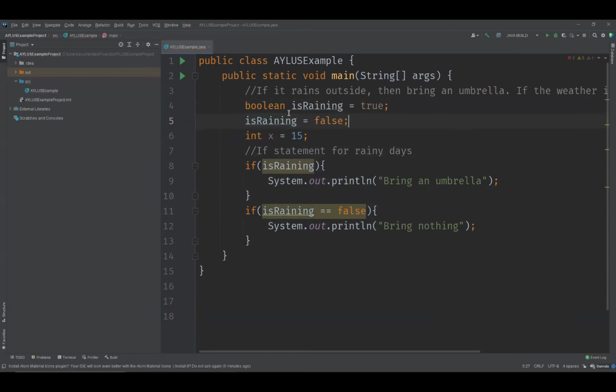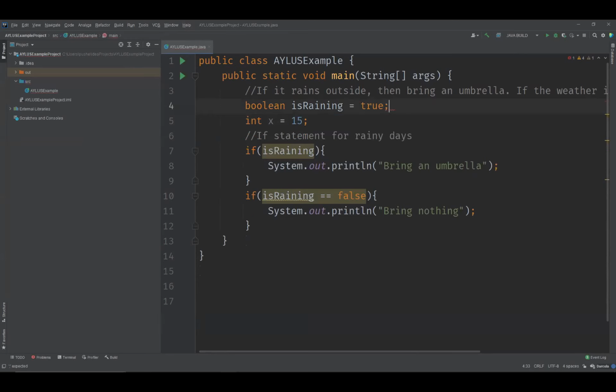That's us setting isRaining to false. But double equals is a comparison. It's saying, is this thing equal to this other thing. So having a double equals here is just comparing the two, whereas a single equals means you're setting something to something else. So if we just run this code right here